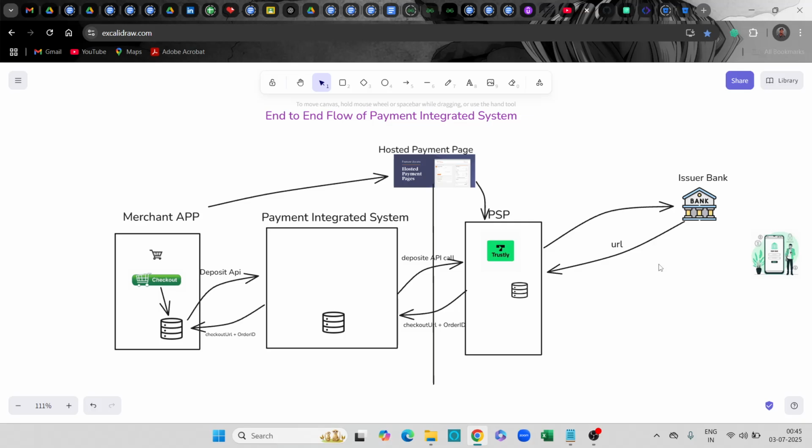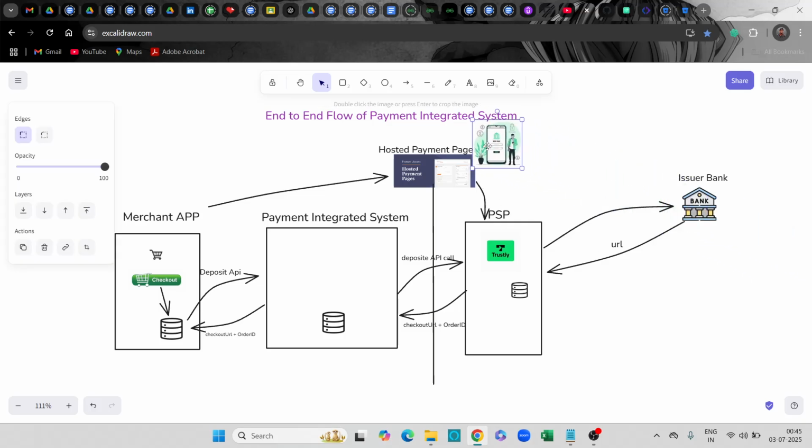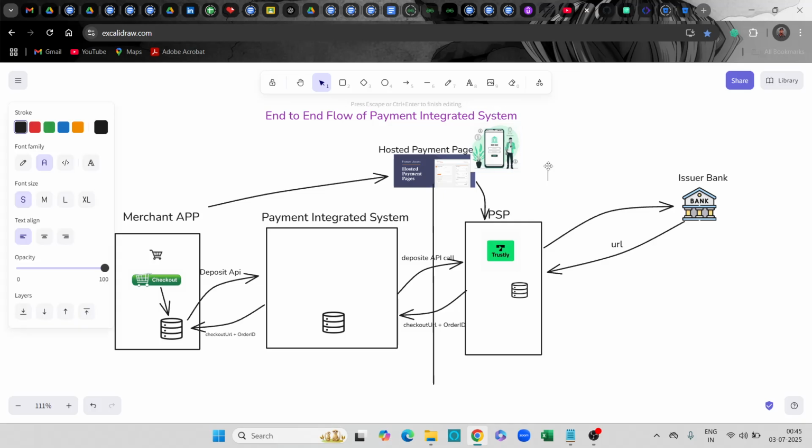Then once the URL is provided by the bank to the PSP, there may be a pop-up that opens on this hosted page. That pop-up would be nothing but a bank page. So after selecting the particular bank, a pop-up comes up. This pop-up is nothing but a bank page